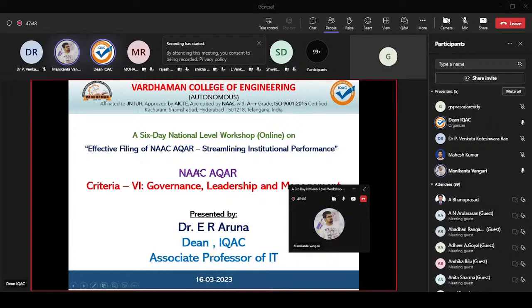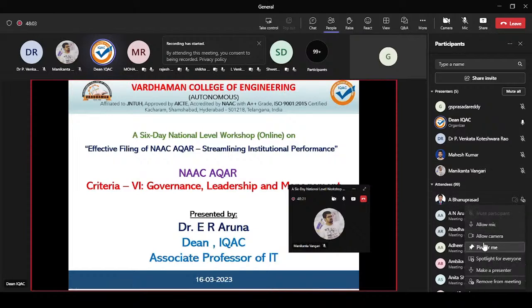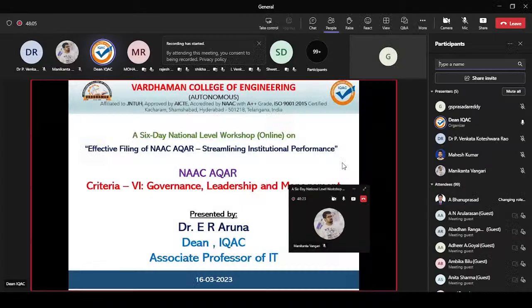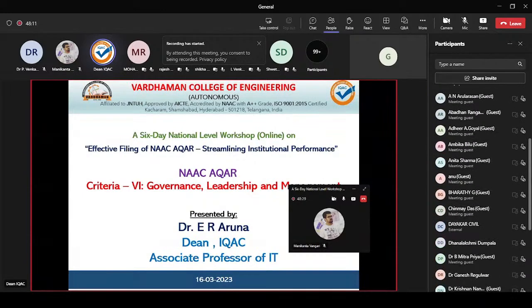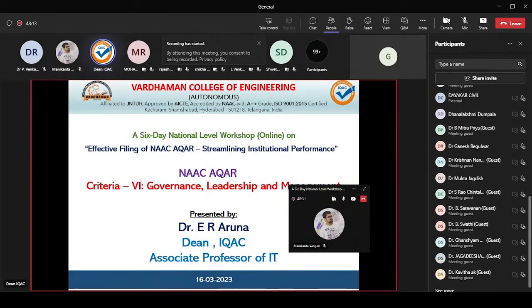Welcome to a 6-day national level workshop, online mode, on effective filing of NAAC AQAR, streamlining institutional performance. This is an annual process. We have to submit the AQAR report to NAAC for all NAAC accredited institutions, which we call HEIs, higher education institutions. Today in this session, I'm going to present how to file the 6th criteria, which is governance,